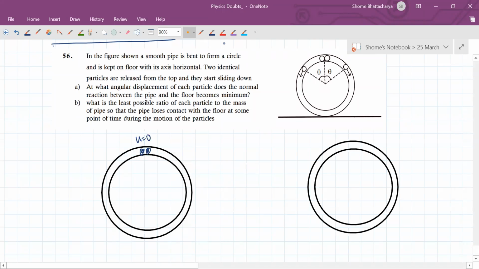So the normal contact force acting on them is like this, almost about mg. But by the time they come to some position here, let's say,